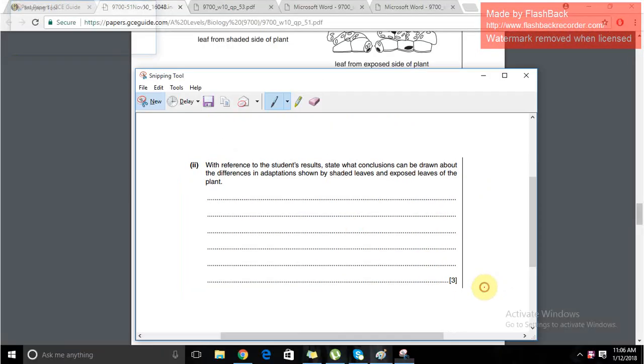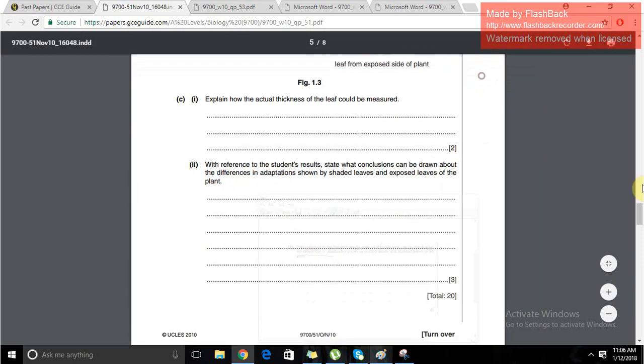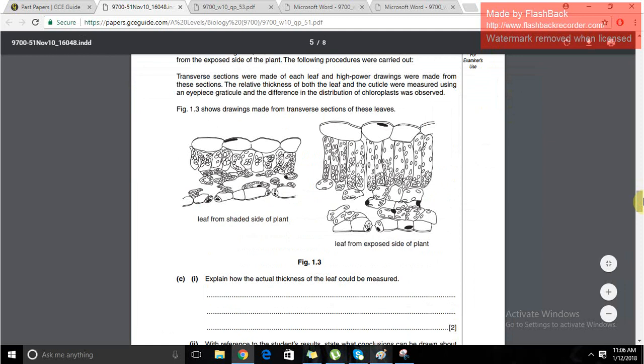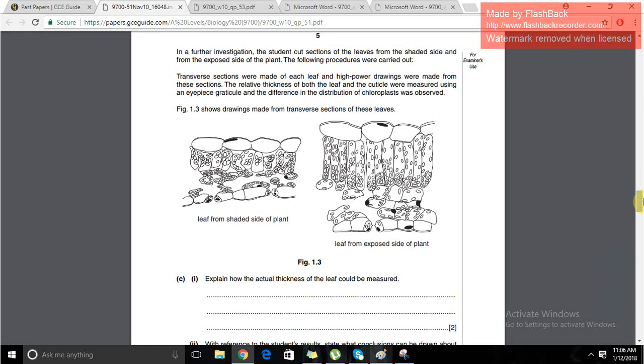So with reference to the student's results, you have to refer, and what sort of references do you need in order to support what you're writing, and what you're writing is the conclusion that can be drawn about the differences in the adaptations. So what can you conclude? You can conclude